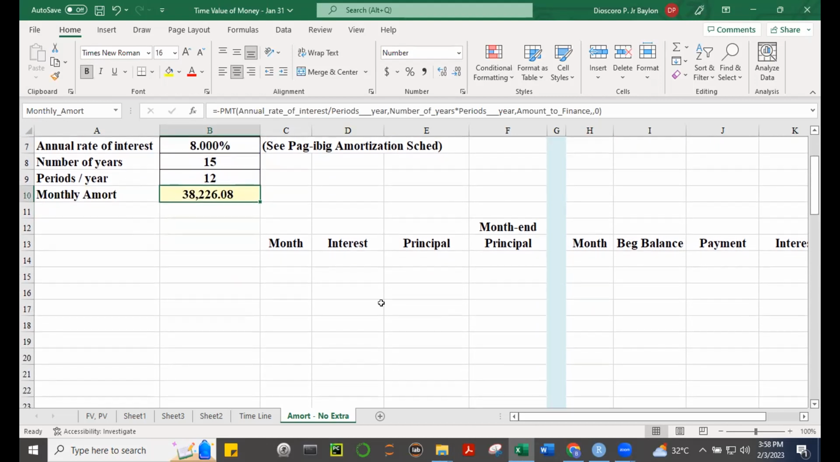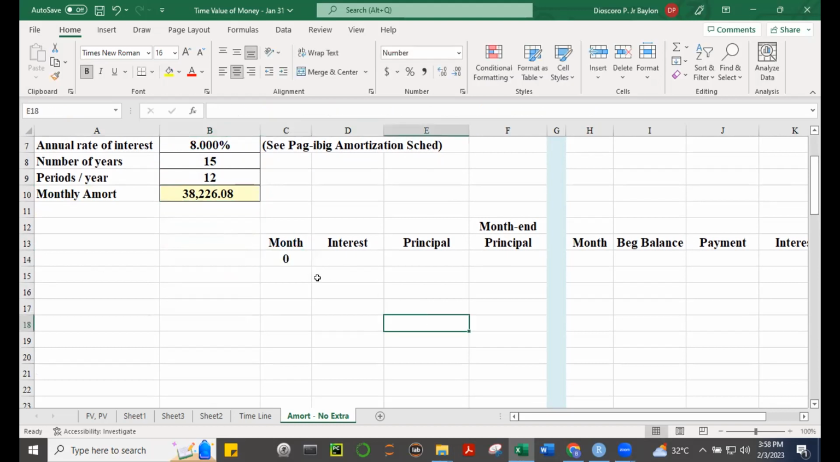So the monthly amortization is 38,226. All right, let's work on this amortization schedule. So there are 15 years, and 12 months per year. So the number of amortization periods will be 180. Okay, I can start with 0. I think you know this already. And then here,